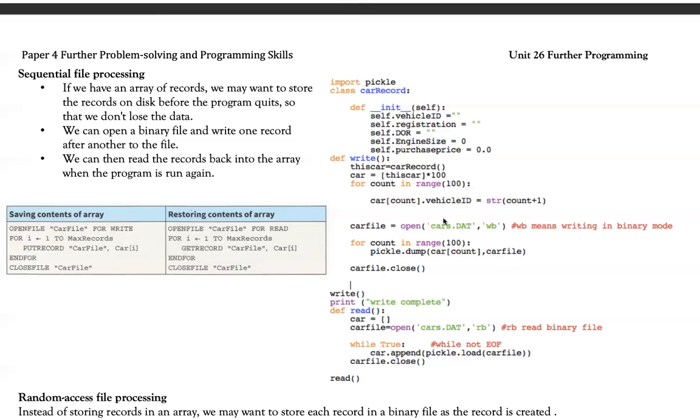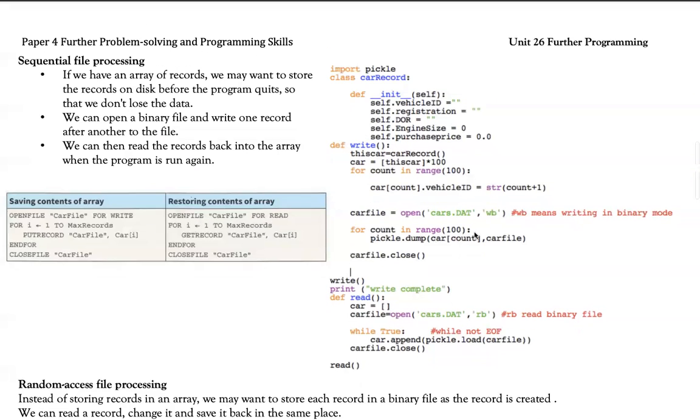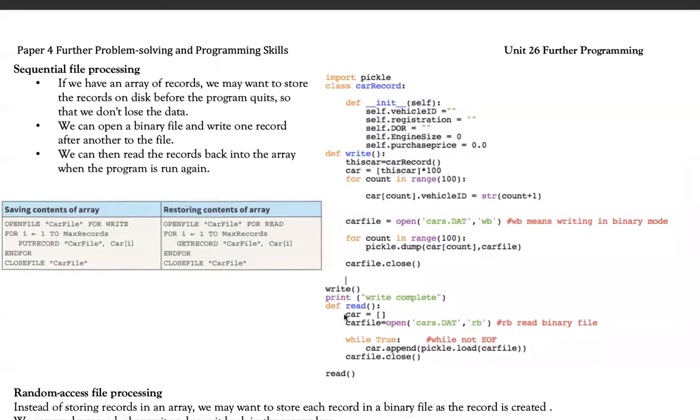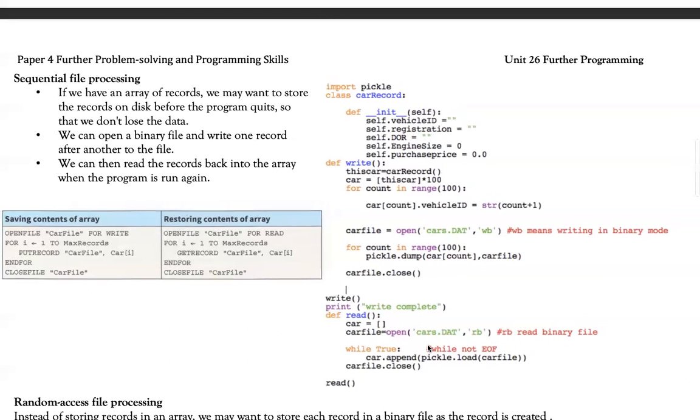And as you remember, I just associated all of the data in this binary file with this identifier over here. So now I'm dumping and storing all of the records one by one in this loop, 100 records one by one, into this car file. And after that, I will close the car file. That means all of this binary data, all of these records, will now be permanently stored in this binary file on my hard disk. And if I want to shut the computer down, I can, because my data is permanently stored on the hard disk.